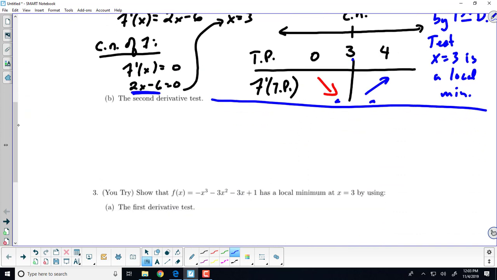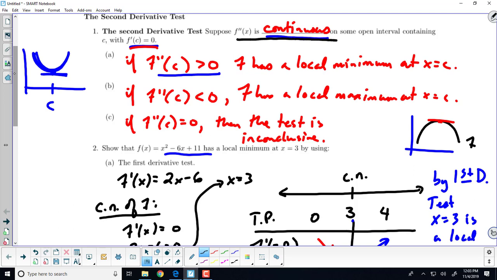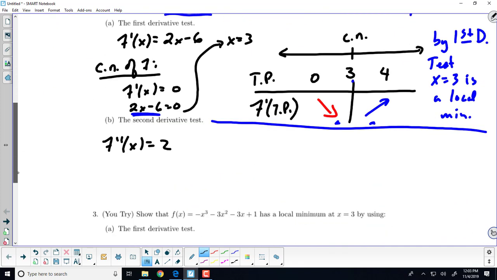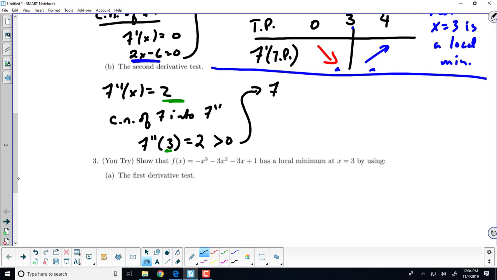Okay. So let's see if we've met the conditions for the second derivative test. Well, let's first calculate the second derivative. f double prime of x is equal to 2. Okay. So the first thing is, is the second derivative continuous on some interval around our critical number of 3? Well, yes, it is, because it's always 2. So then what we can do is plug the critical numbers of f into f double prime. This is new. Okay? Rather than looking at the behavior on either side of our critical number, we're going to look at the concavity at our critical number. So let's look at f double prime of 3. Well, f double prime of 3 says everywhere I see an x in that expression, I plug in the number 3. Well, there is no x in it, so it comes out to be 2. 2 is positive, so f is concave up